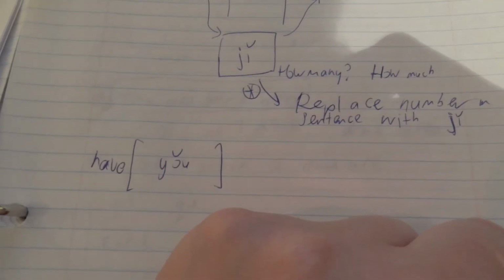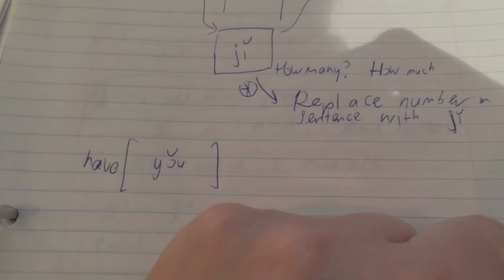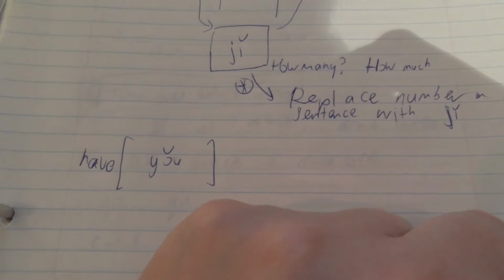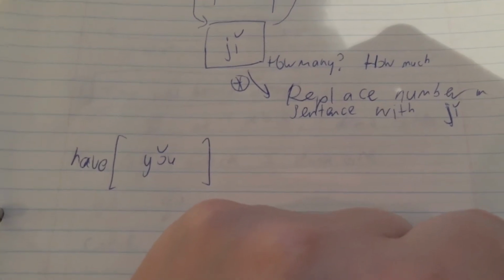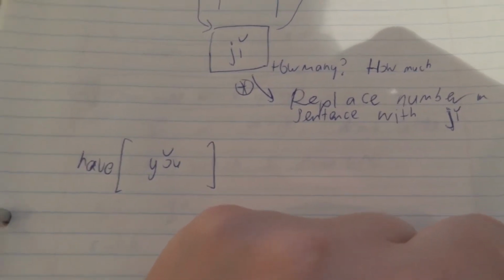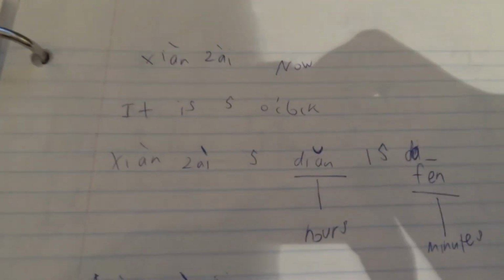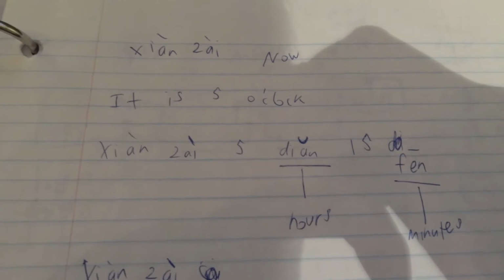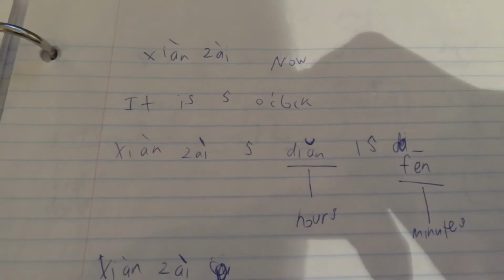And to say have, you can say yo. I think that's right. I have not verified that. Okay, so for telling time, which is the next thing to review, to say it is 5 o'clock, you can say